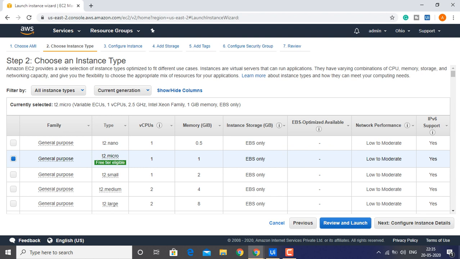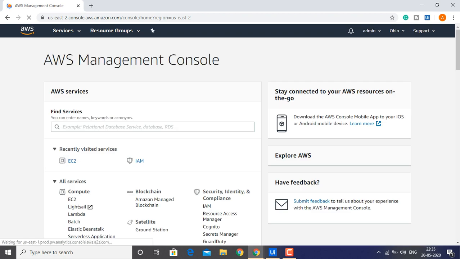Those are what we require to launch an instance in the AWS account. By default we can get those instance types in the instance type list.